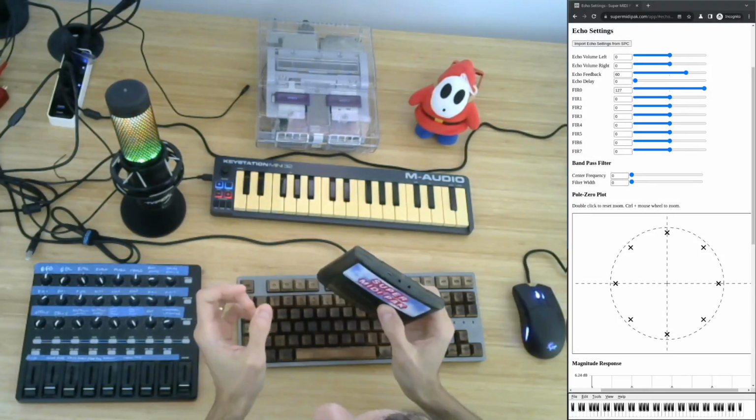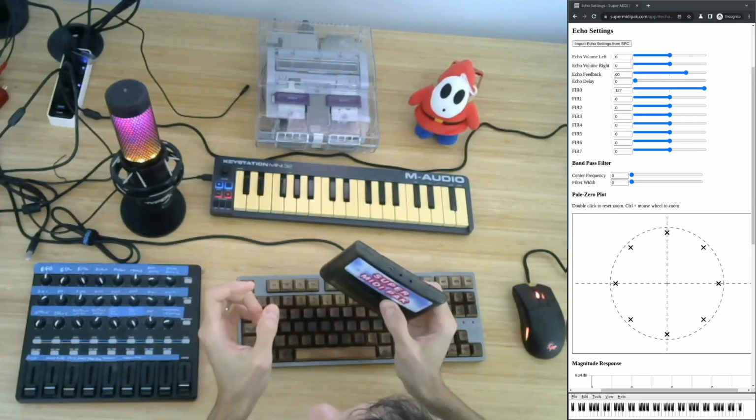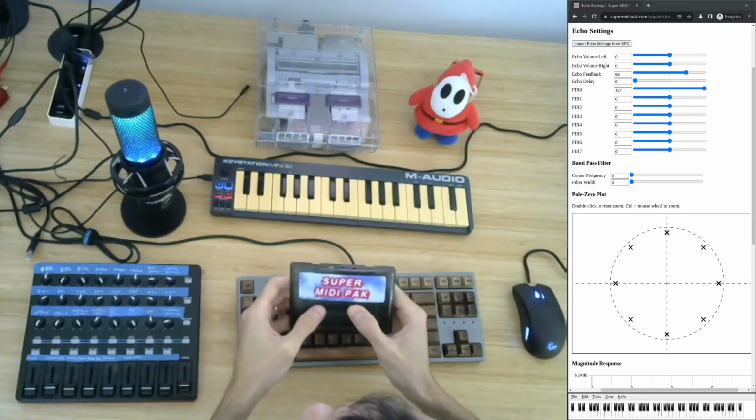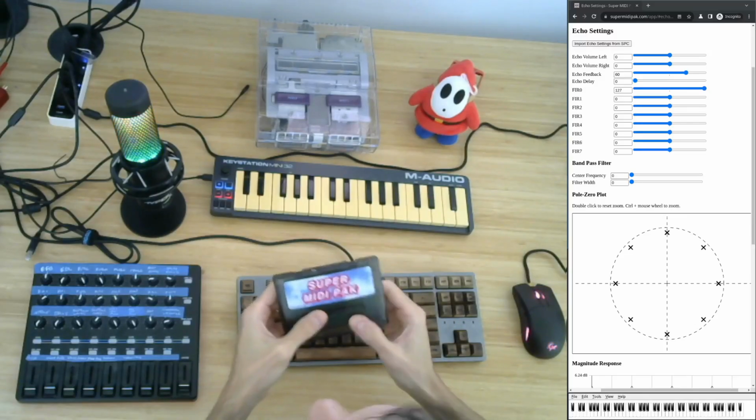This video is composed of two parts. First, I will go over the theory underlying the tool I made that makes it easy to design FIR filters using the SNES's audio hardware. Then I will go over how to use the tool itself.